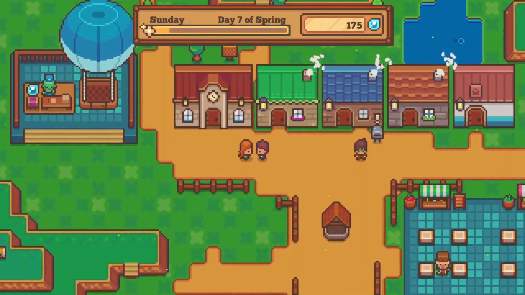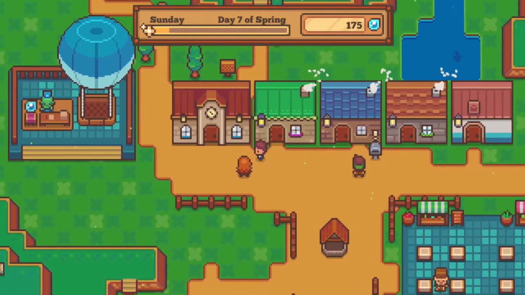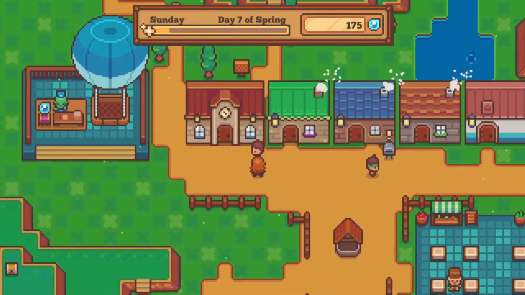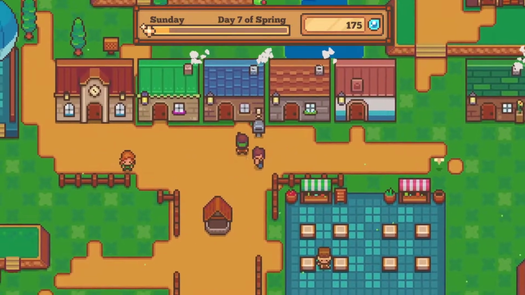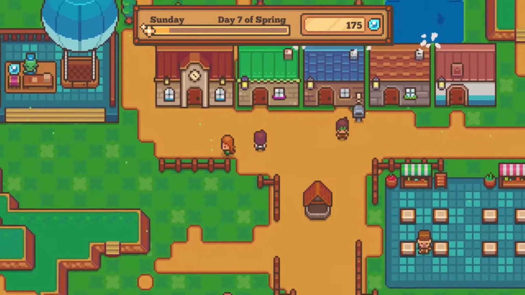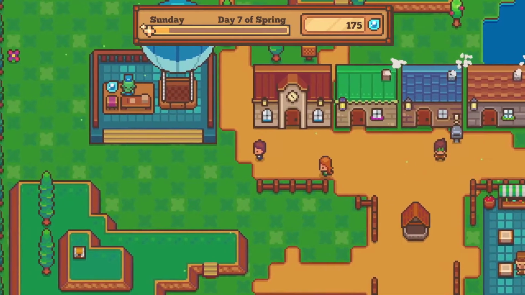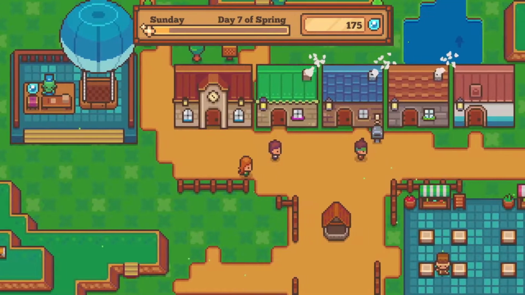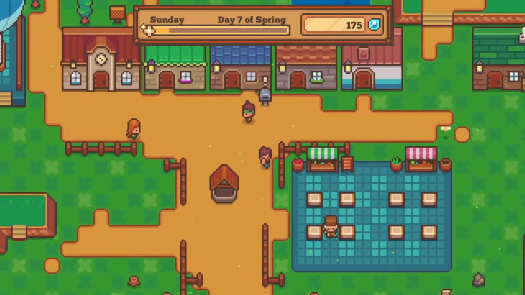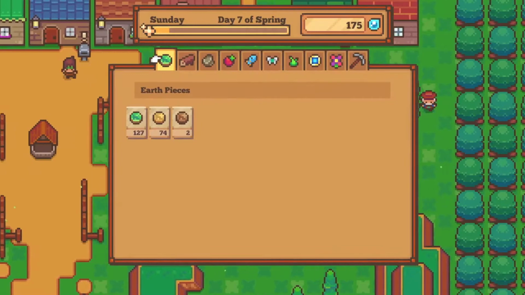So all you have to do is right in the beginning, you're just going to have Willow to talk to. They're going to ask you to make your own home. You have to make their homes. You're going to have to make the general shop and your office. So just create everything they ask for, and eventually you'll open up the marketplace and the air balloon within 5 to 7 days. You see it's day 7 of spring up top, up there. So it does not take very long, not even that many minutes,